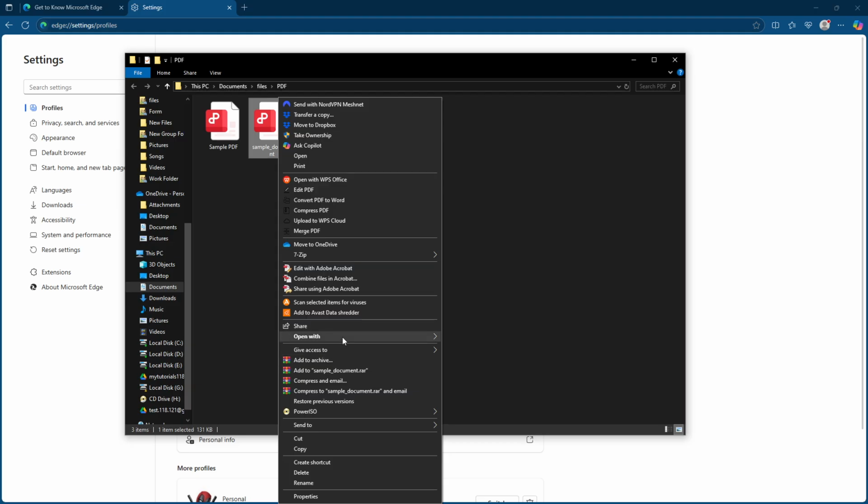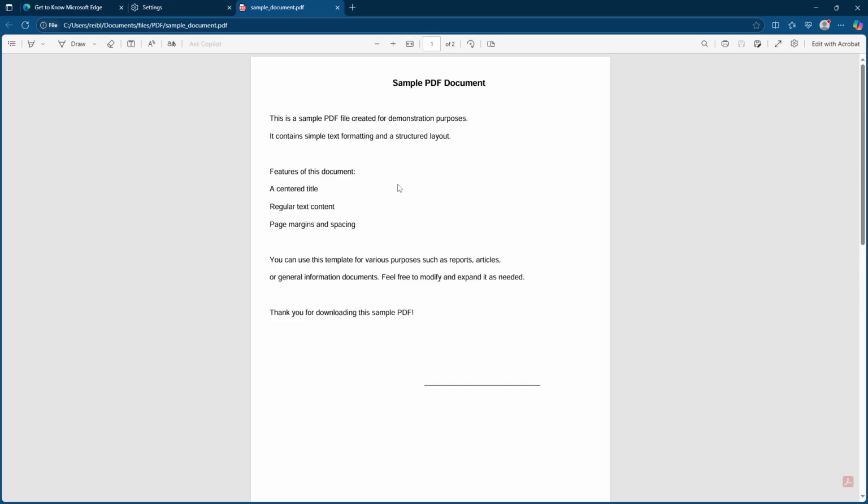By familiarizing yourself with these features, you'll be well equipped to make the most of Microsoft Edge. Whether you're using it for work, study, or leisure, this browser offers tools that can boost your productivity and enhance